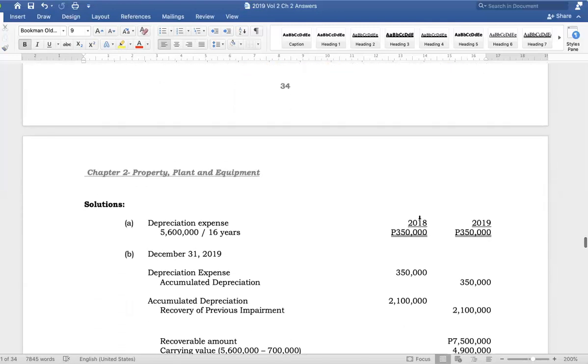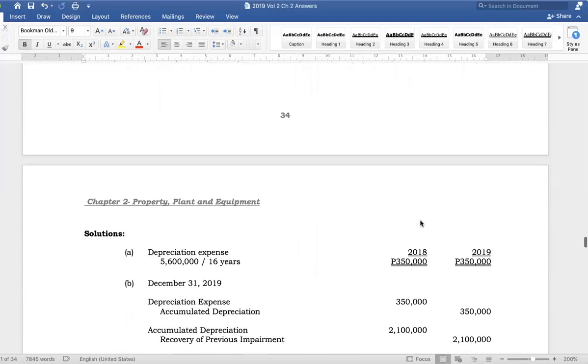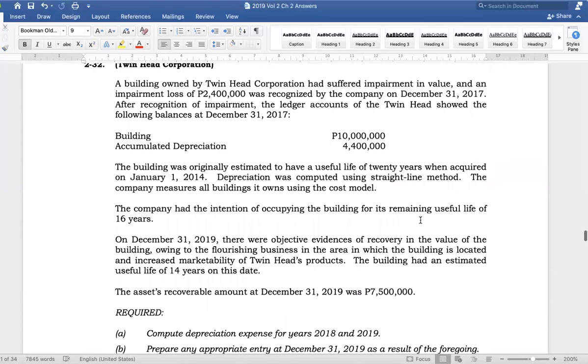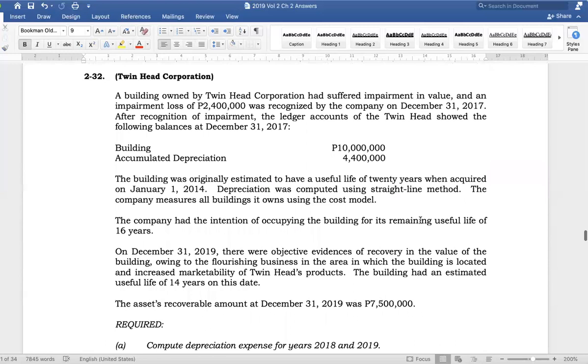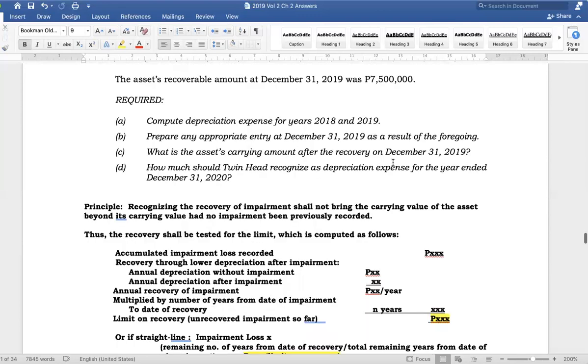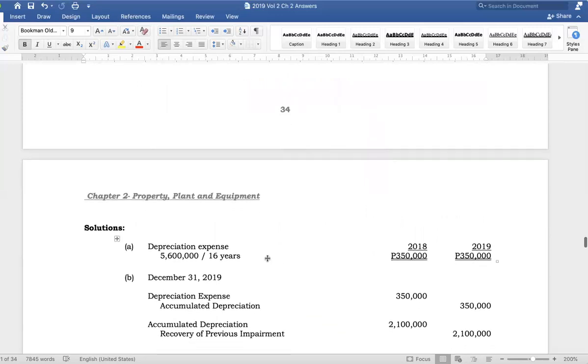Okay, so let us compute for 2018 and 2019. Again, we go back after recording impairment for the year ended December 31, 2017. Your accumulated depreciation is 4,400,000 such that your carrying value is 5,600,000. So, years after that, before recovery. So, in years 2018 and 2019, 5,600,000 will be depreciated over the remaining life of 16 years. So, 5,600,000 divided by 16 is